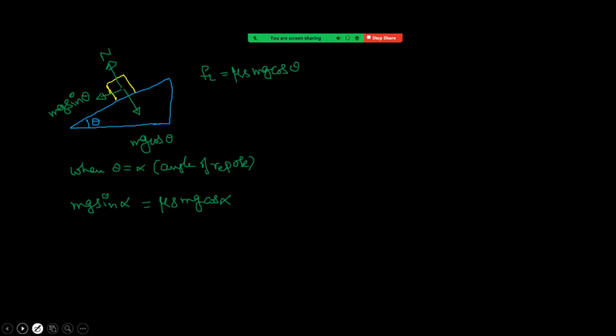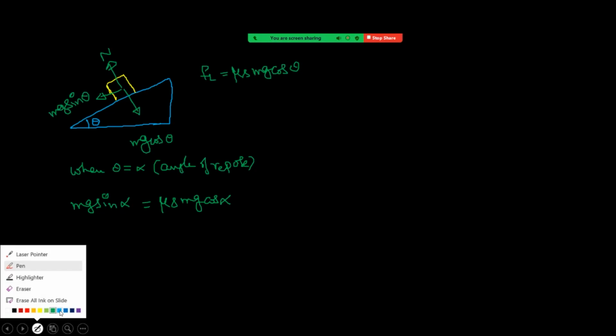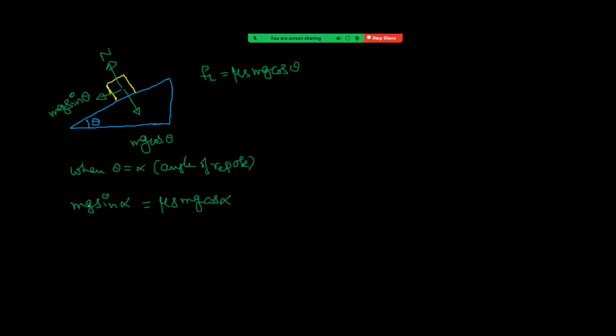So here mg gets cancelled. The remaining is tan alpha equals mu s. So the tangent of the angle of repose is equal to the coefficient of static friction. We got the same kind of result in the case of angle of friction, right? Let us see now here. So here what we can conclude: